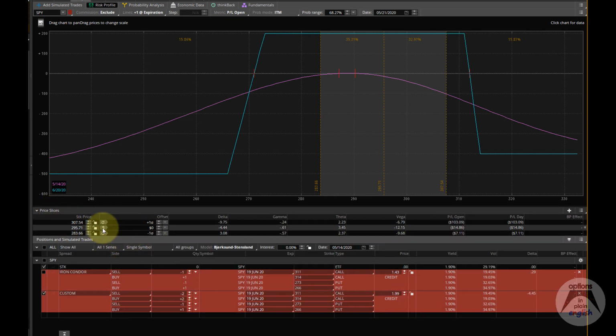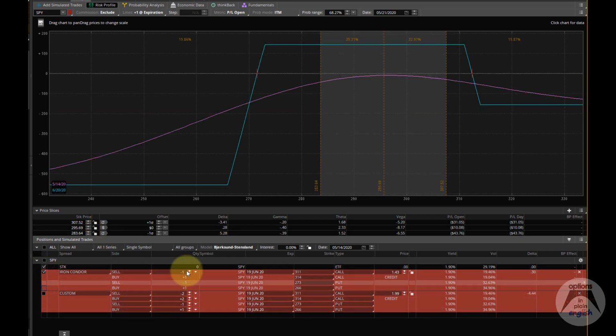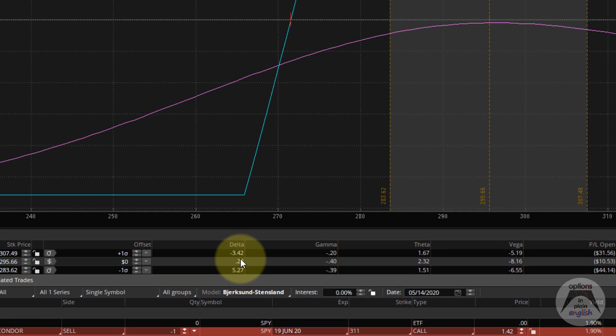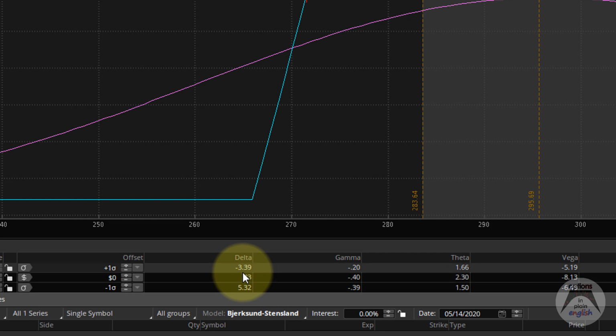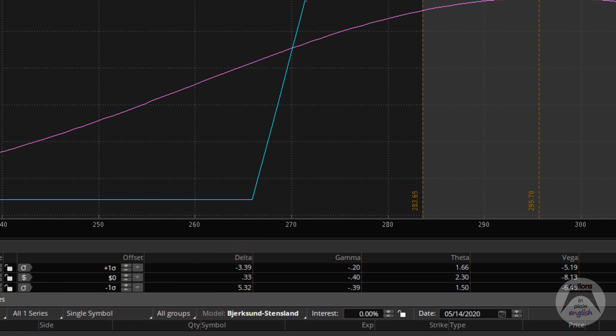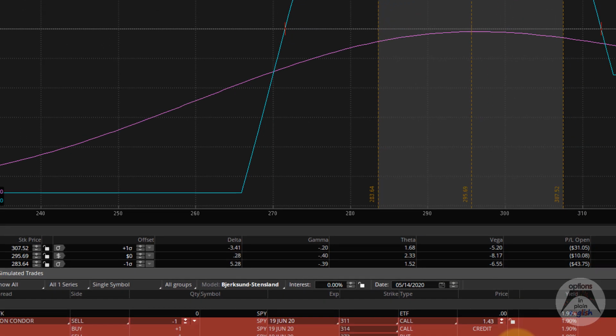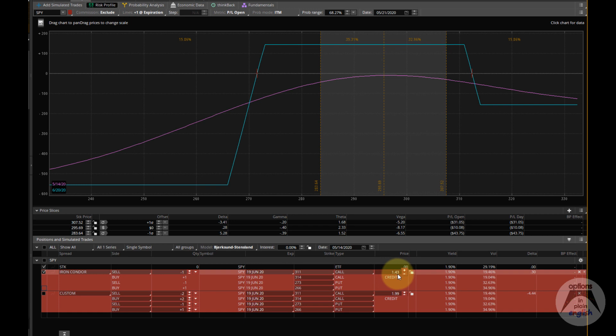Okay, so let's analyze the first one. The first one is a very balanced Iron Condor, and you can see it here. The delta is 0.27, which is very, very little. It's pretty much no delta. So this is a delta neutral Iron Condor. A delta neutral Iron Condor that's making 143, and where I'm putting up 700 minus 142, so 558, 557